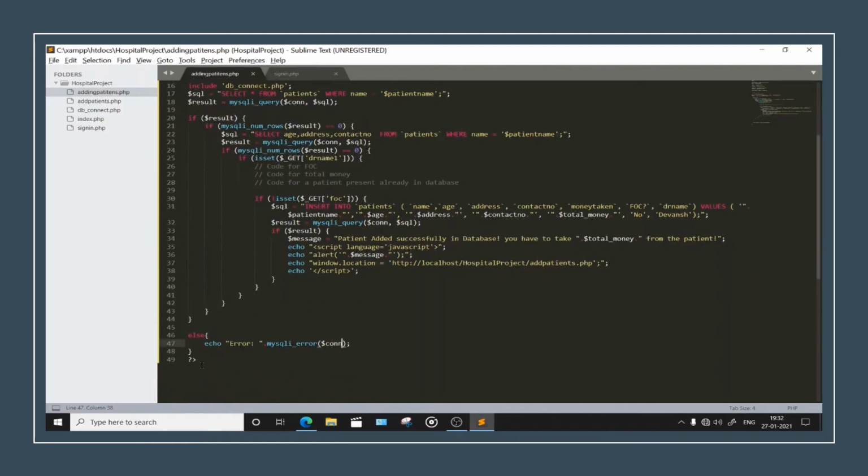Let's just refresh. Okay, what is the problem? What's the problem? Copy this, and where is the other one? This is the other one. Paste it here. Alright, for this one also, just paste it here.